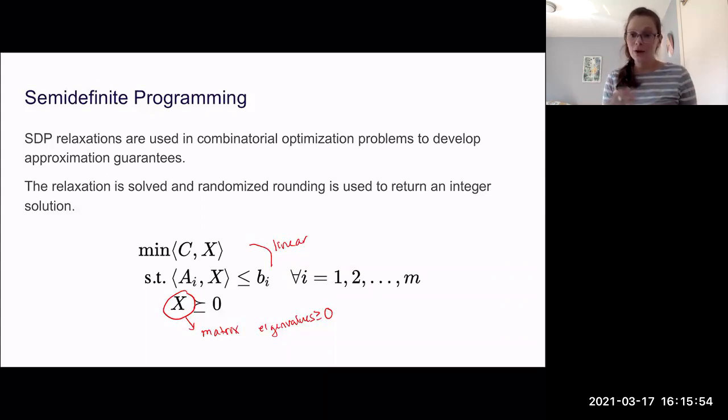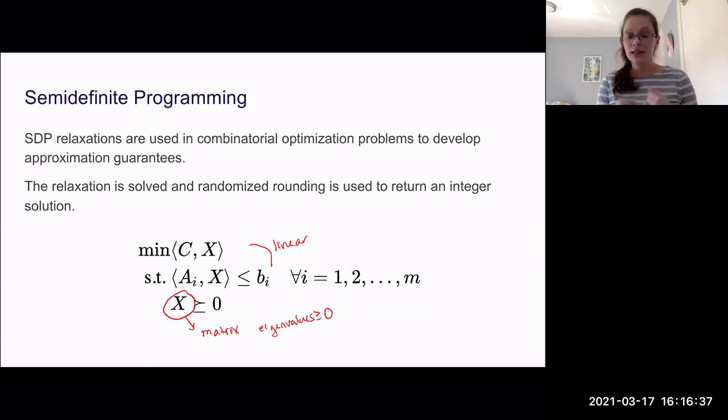The nice thing about semidefinite programs is we can solve them efficiently. We can solve them in polynomial time. And they're most often used as convex relaxations to combinatorial optimization problems that are NP-hard. That's where semidefinite programming gets a lot of the buzz, and more recently, sum of squares has been an area in computer science that has been making use of these semidefinite programs to solve hard combinatorial optimization problems. But once we solve this, we actually need to map back to that combinatorial space, and that's where randomized rounding is often used.